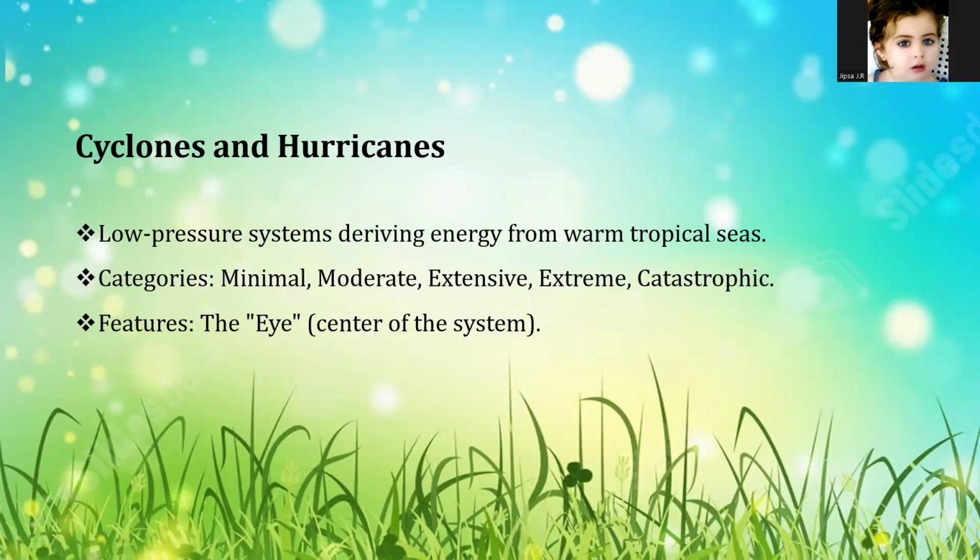The engine is, as this air rises, it creates a low pressure zone at the surface. This causes surrounding air to rush in, spiral upward and form massive clouds and rain, releasing latent heat that powers the storm like an engine. Third point is categories of intensity, and this slide lists five categories used to describe the severity of these storms. These generally align with the Saffir-Simpson scale, which ranks storms based on their sustained wind speeds and potential for damage.